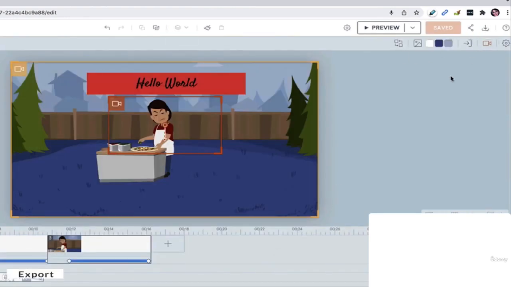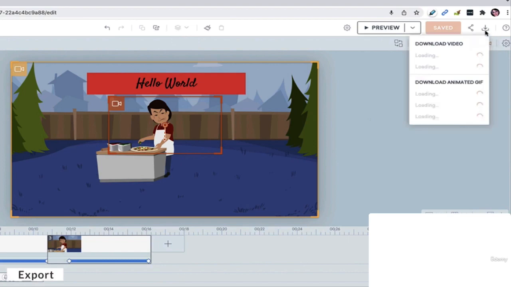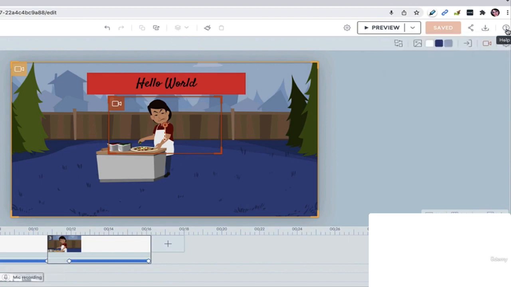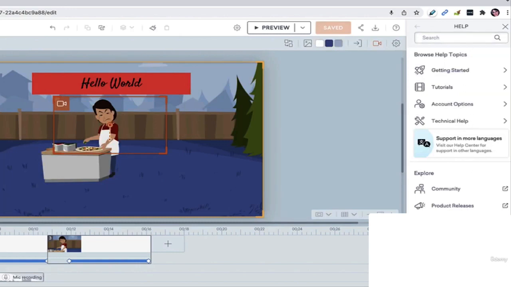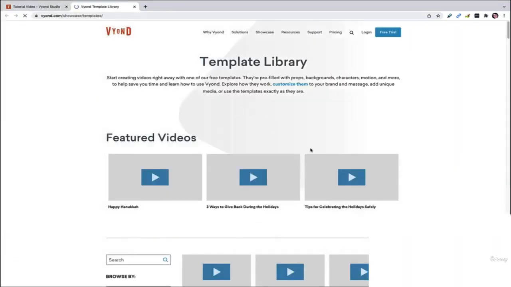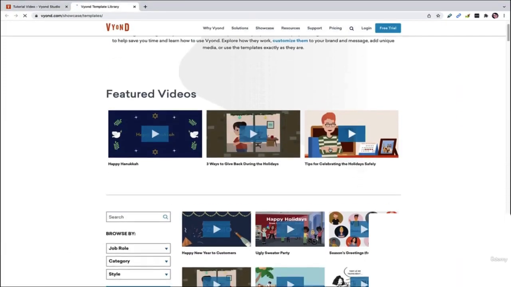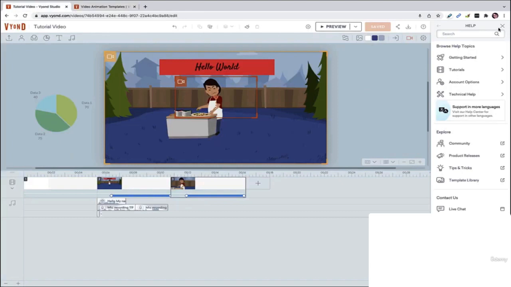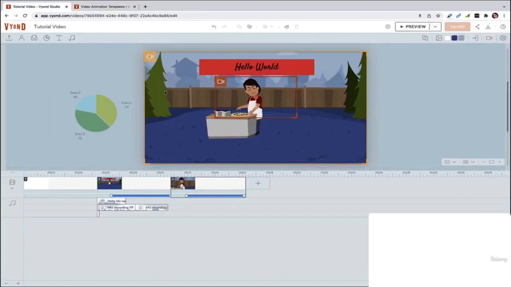Or I can export my video, my whole scene. I can export it, generate video, and then export it. And they have a help feature here if you need a live chat person to help you. If you need a template library, that is really great. Vyond is a great place to start with explainer videos and animations, and they have a very extensive video template library. You can see that if I come back to my dashboard by clicking on back to your videos,